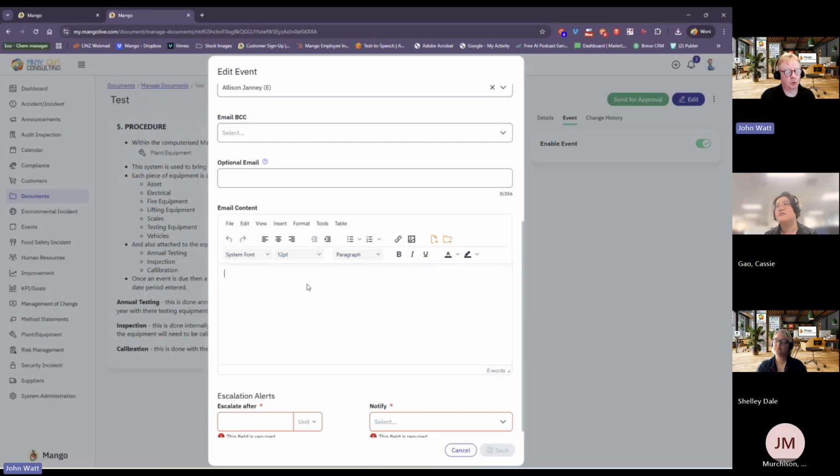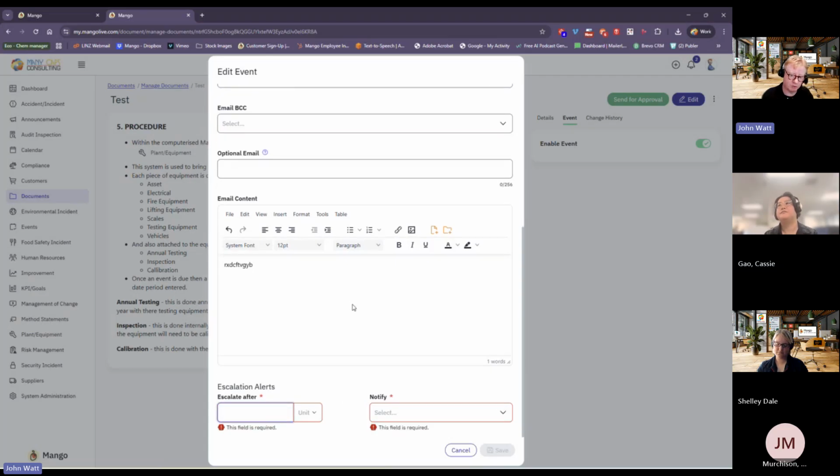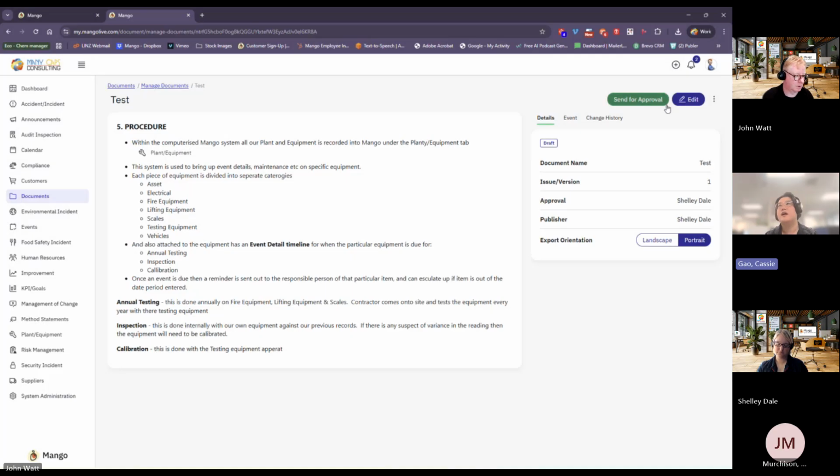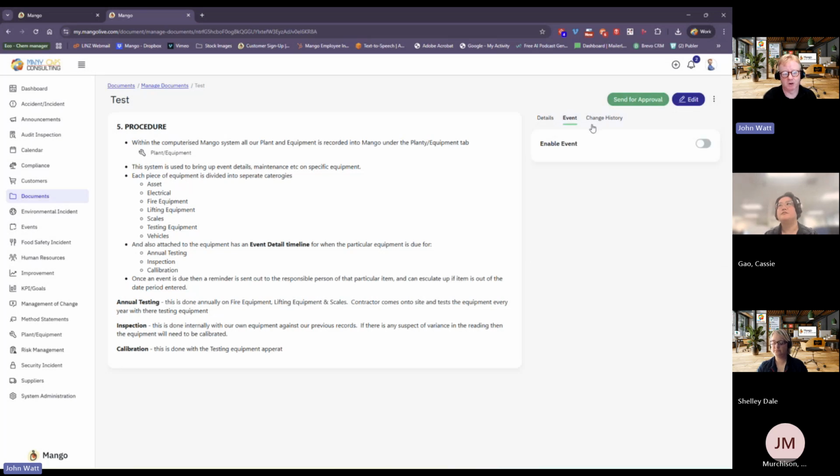Got you. No. So they're two separate things, and if you're referencing one document in another document, they may have different review frequencies, or they may be on time. They both need to be signed off to say yes, I've reviewed them. Okay, I understand. We also escalate. If you don't do it, Mango will escalate to somebody else, so that you know. Good. So at least for files, I don't have to review every single one unless I turn on an event to review it. Exactly. You decide what you want to review and what you don't.